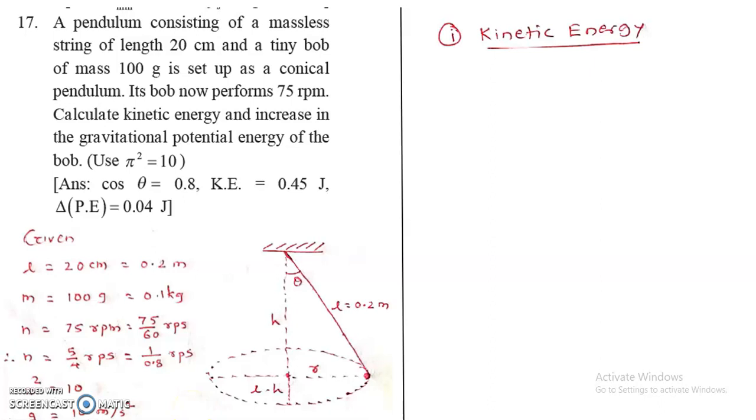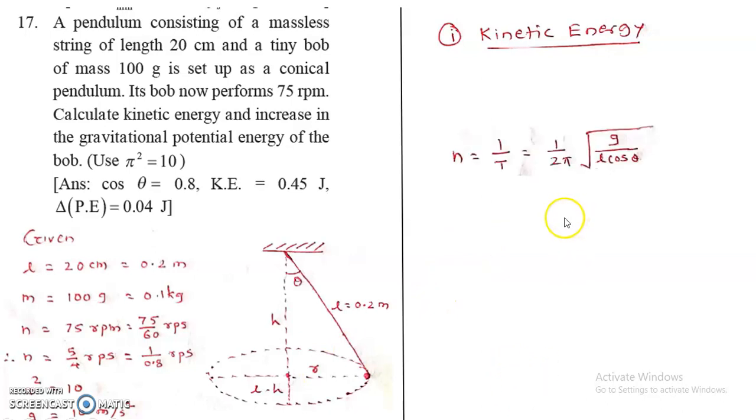Now the first point, we have to find out kinetic energy. Everybody knows the kinetic energy formula is half mv square. Mass of the bob is given, but velocity is not given. You know that in circular motion velocity is under root r g tan theta. So we have to find this radius and theta. Then we can use the formula for velocity, find out velocity, and substitute in the formula of kinetic energy.